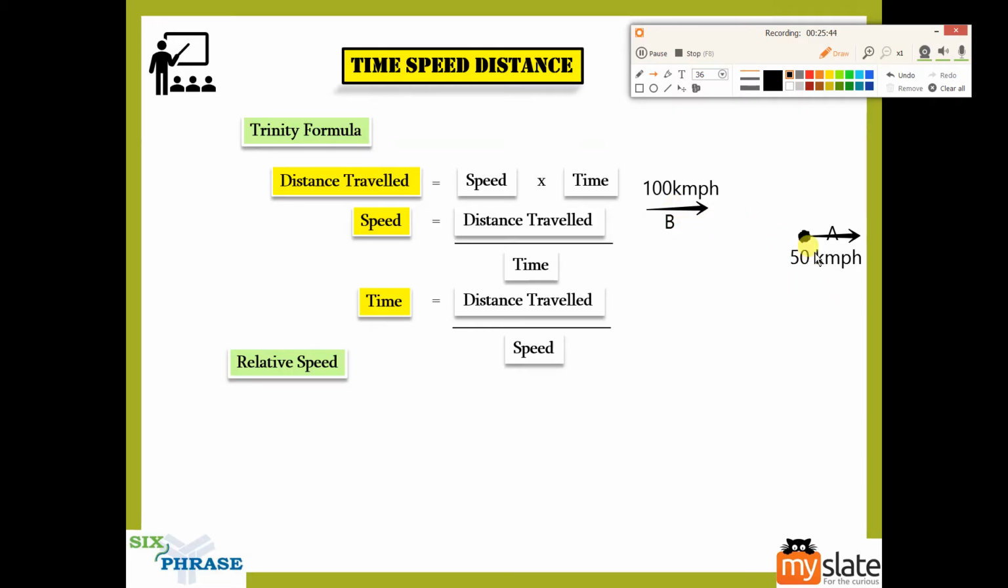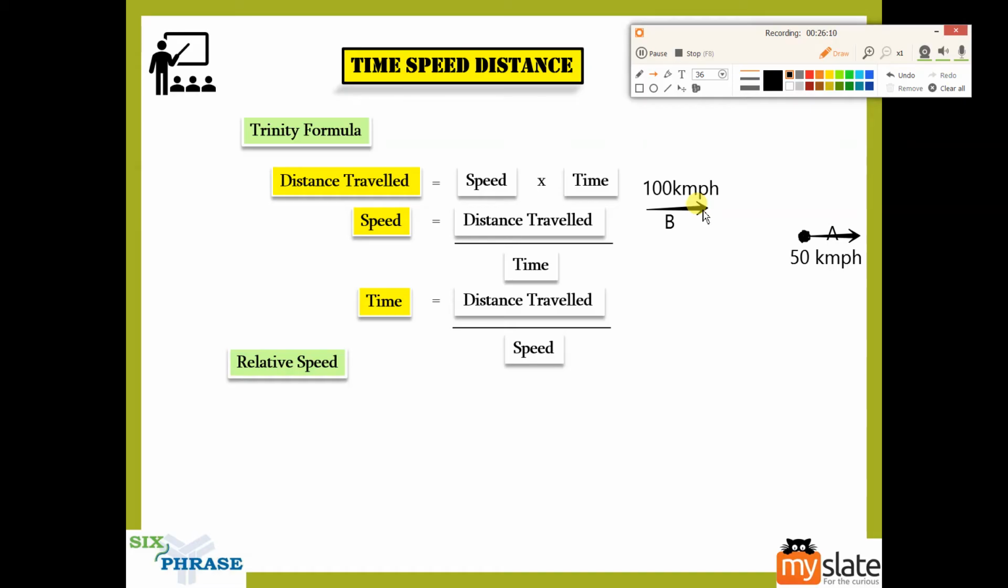B is going to catch up with A and overtake A. At the point of overtaking, according to A, what will be the speed of B? It will be 100 minus 50. A will think that B is going at 50 kilometers per hour, because this guy is already going at 50, right? So 100 minus 50, and 50 kilometers per hour is the speed that A will think that B is going,